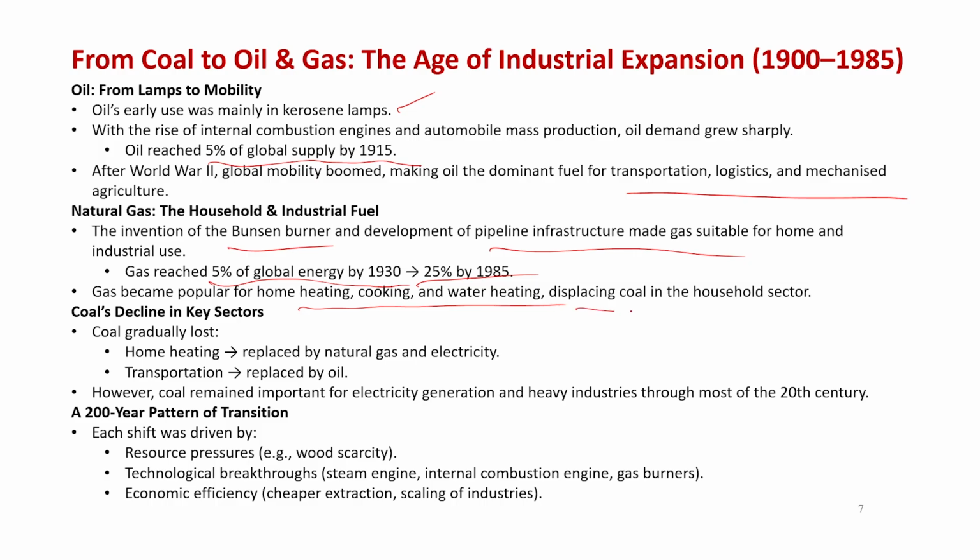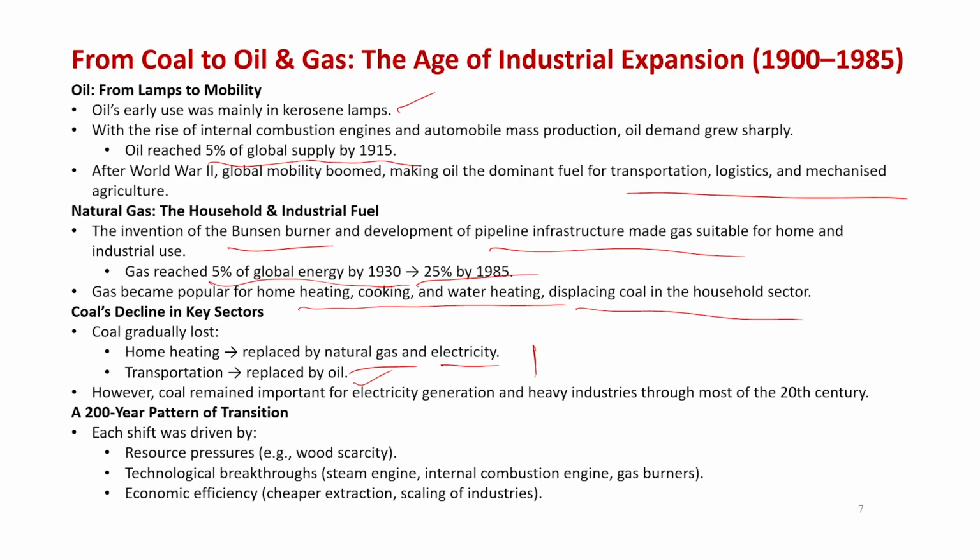And more than replacing oil, it has replaced coal in the household sector in a lot of places, specifically in Europe and parts of North America. With this, coal started losing its place: it was replaced by natural gas and electricity for home heating. While electricity was also primarily being made from coal, at least the direct use of coal reduced drastically with technologies developing around natural gas and electricity-based heating for homes. For transportation, it was primarily replaced by oil. But as I said, for electricity generation, coal remained the major source.